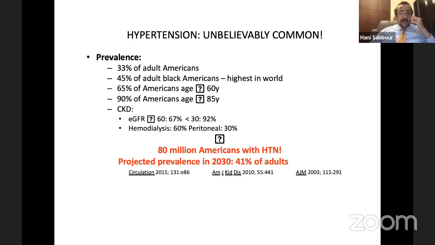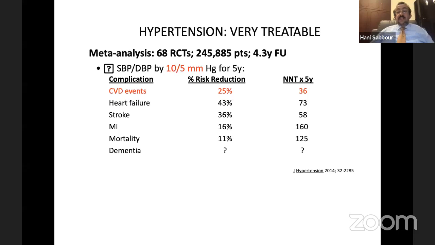And if you look in the United States, this is data from a few years ago, the 80 million Americans with hypertension, 41% of adults will have hypertension. It's leading to about a third of those untreated patients ending up with reduced GFR. So this is really not a small number at all. And 36-fold increase in all of these cardiovascular events. So 10 by 5 millimeters of mercury is a very significant increase of all of these ischemic cardiovascular mortality events,